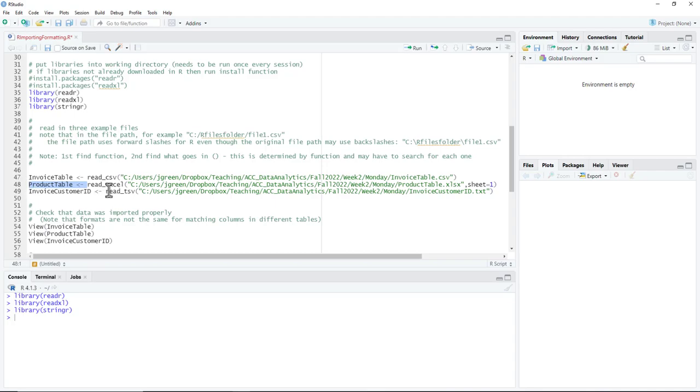We're going to do the same thing with the tab delimited file. This TSV is tab separated values. It's a text file and it's tab delimited, so I'm going to go ahead and read this into the invoice customer ID. When we run these,